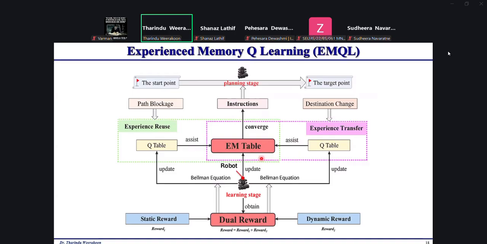The status, action, and experience are all recorded for better performance of the robot navigation. We have observed that, comparing the Q learning algorithm and the experience memory Q learning algorithm, this has shown better performance compared to the Q learning.